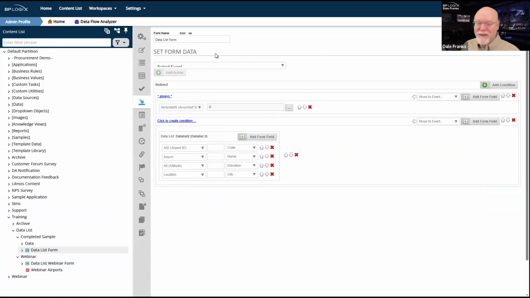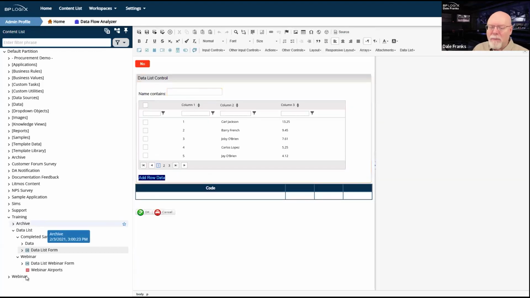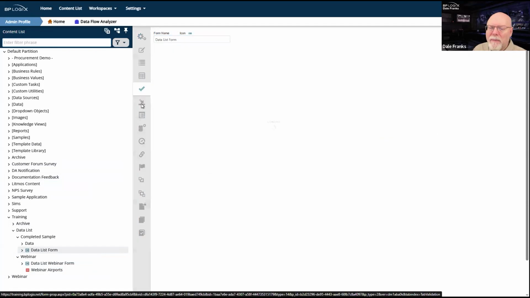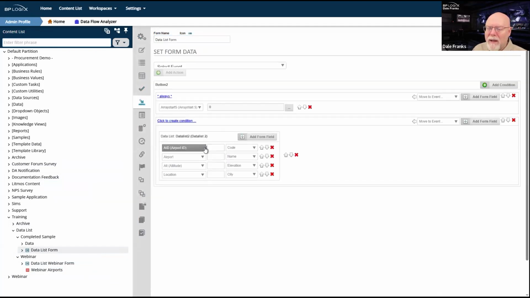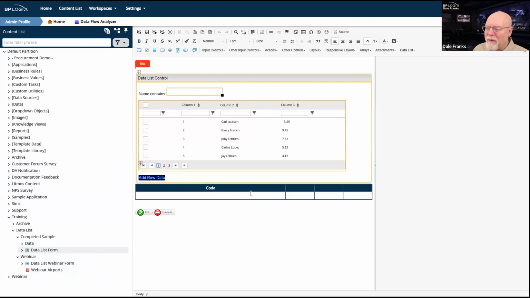But I still can use it as an example, because now we're going to go a little bit beyond where we were previously, and we're going to do a couple of special things. Now, data lists have the ability, I don't want to leave there, I want to go back to here. Data lists have the ability to, by the way, I'm sorry, did it actually save what I did? Set form data. Yeah, it did. I'm not sure why this is not working, but okay, fine. Apparently I've done something that broke it.